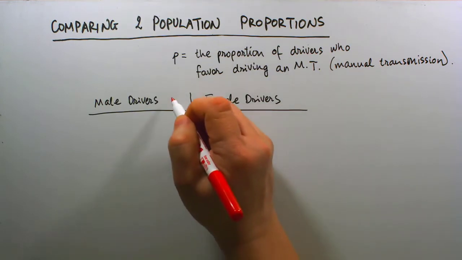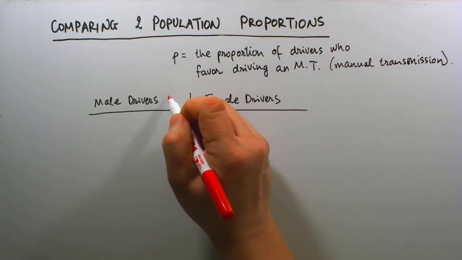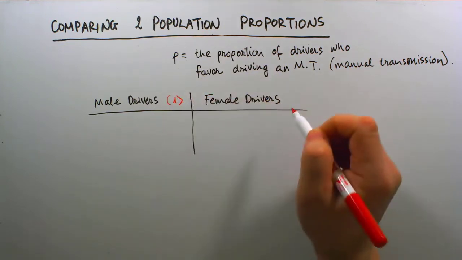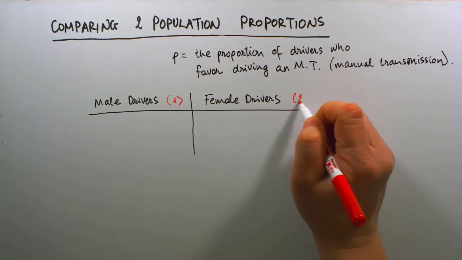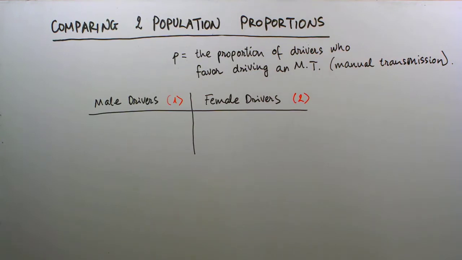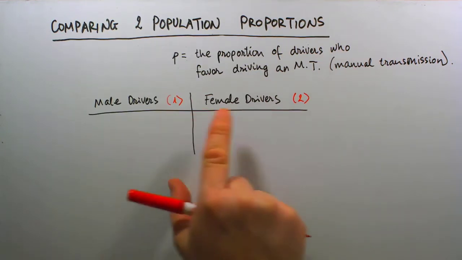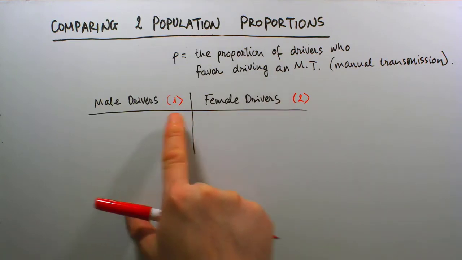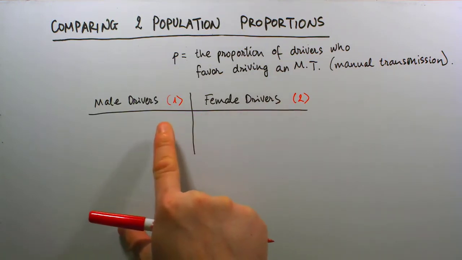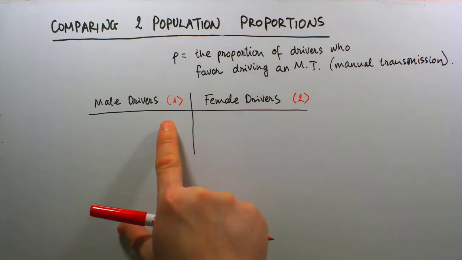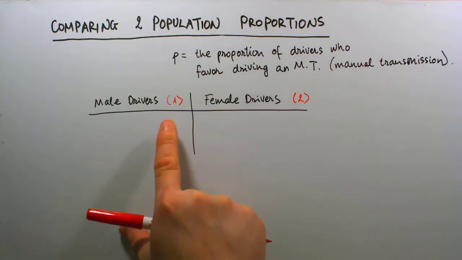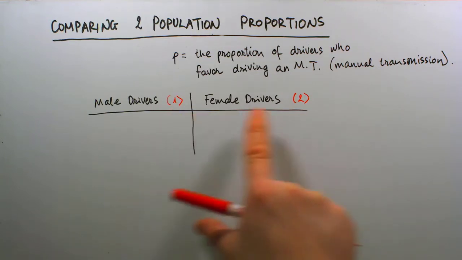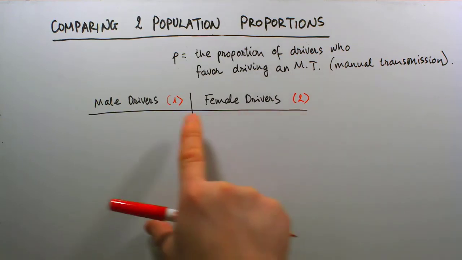And so now I am going to call the male drivers population 1 and the female drivers population 2. I have to be clear that giving a numerical label is only to keep the later work organized and easier to handle for us. But giving a numerical label like this does not mean in any way at all